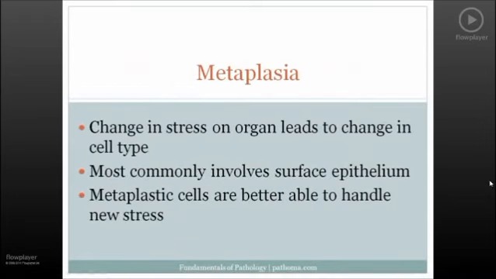The third growth adaptation, which is also relatively high yield, is metaplasia. Now, the idea here